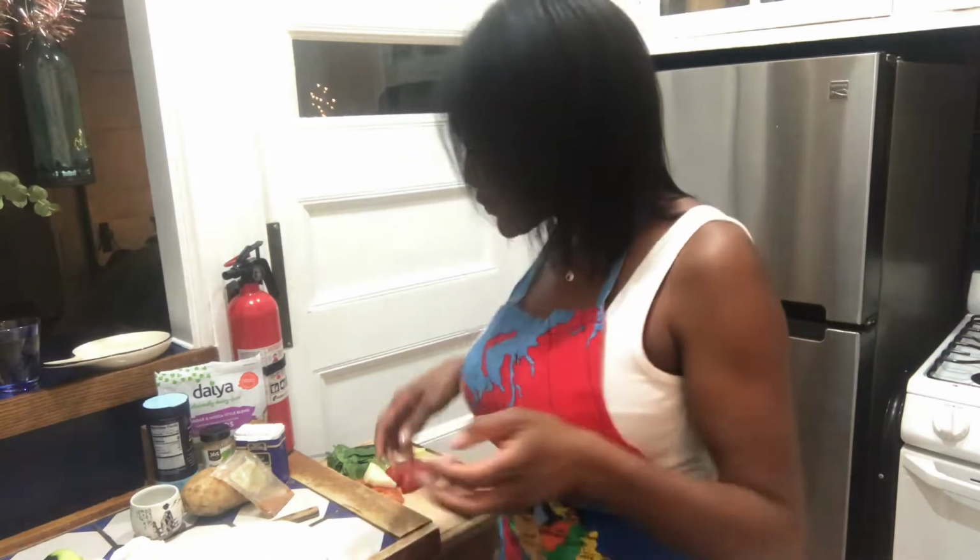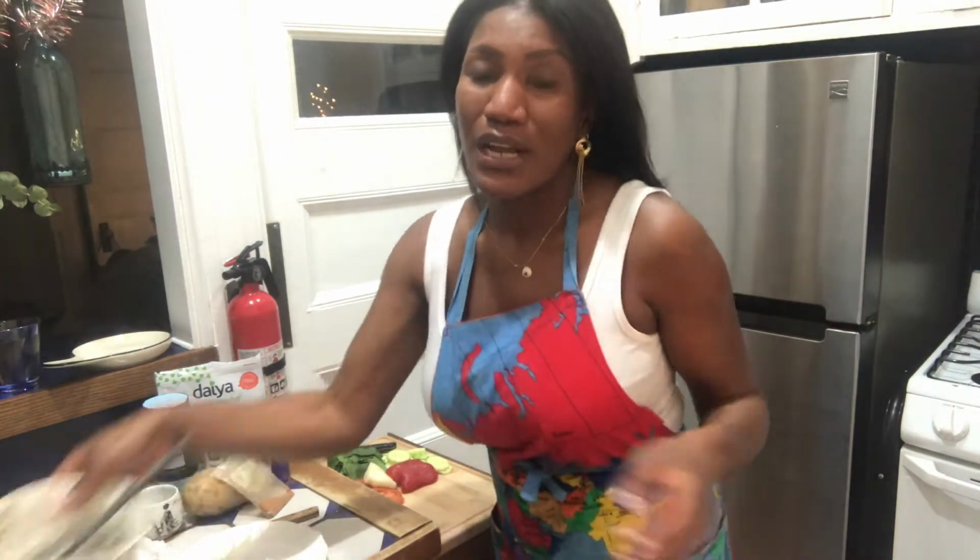So if you're curious about veganism or curious about vegan burgers, I got a recipe for you that is so simple. You're gonna wonder, why didn't I try this sooner? Like, what the heck? That's it. So first, I want to show you